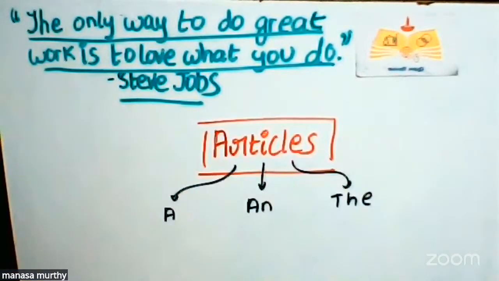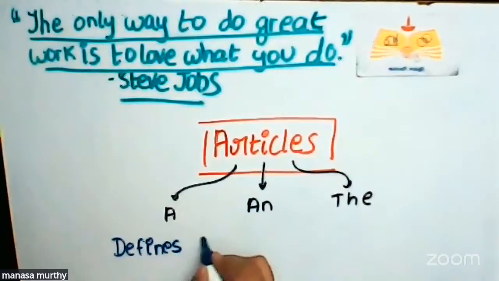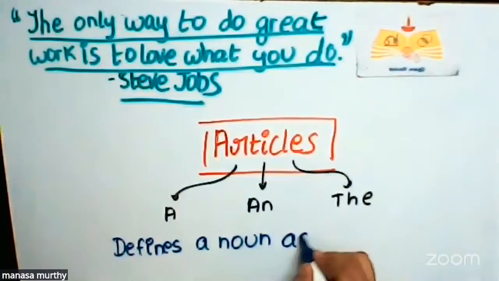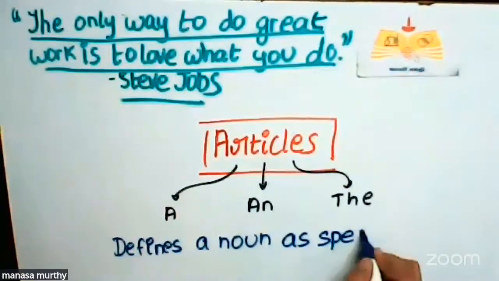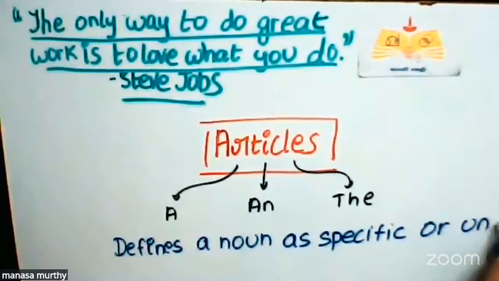Articles define a noun either as specific or unspecific. A ball, an orange,